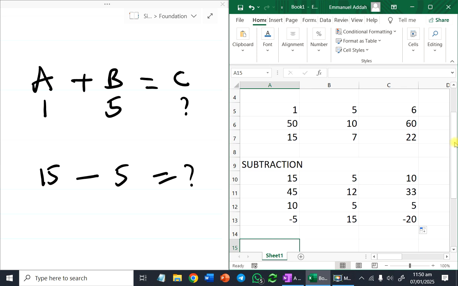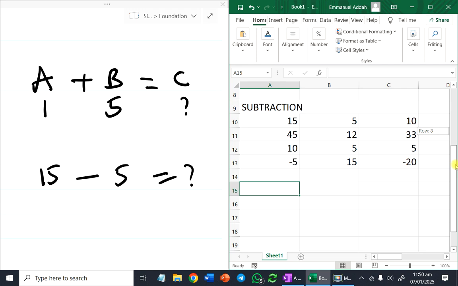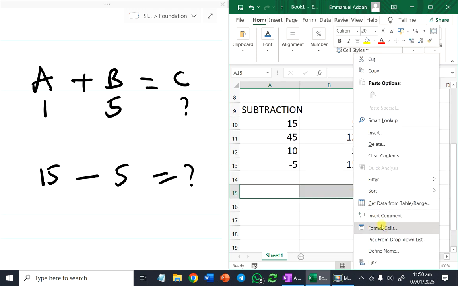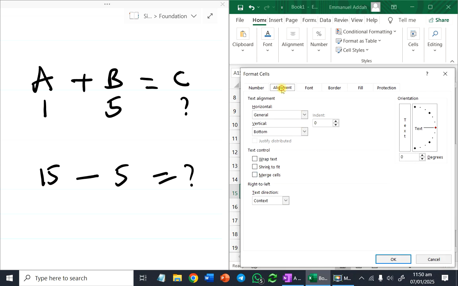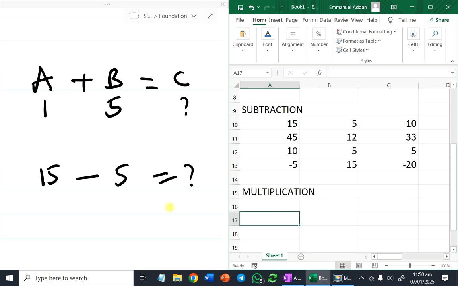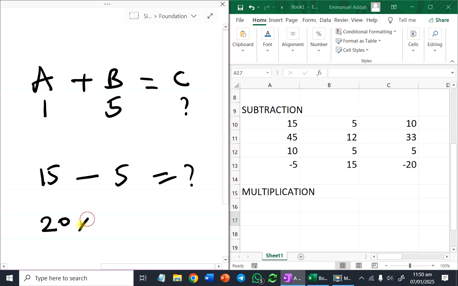So let's do one more. Let's talk about multiplication. I'll come here. Let's scroll down. Make all this together. I want to merge the cells. Merge cells. Okay. So let's write multiplication. Assuming we have something here that we want to multiply, let's say 20 times 4